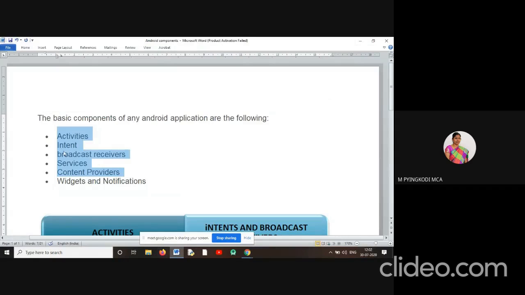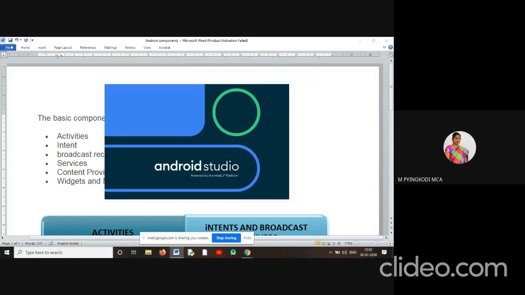So first let us discuss what activities are. All of us know what an activity is, right? In Android Studio, while we are creating a new project, one activity will be created by the system itself. What is the purpose of that activity?